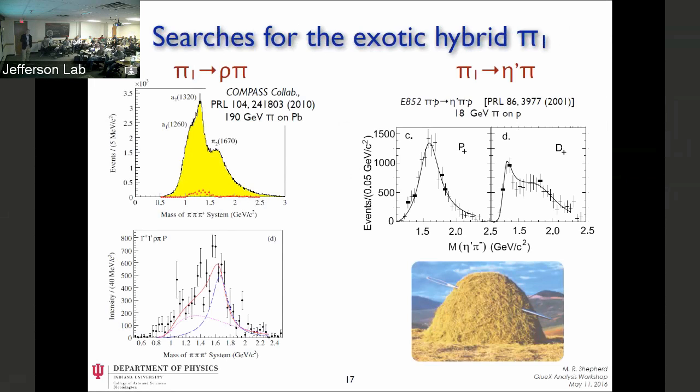Here's an example of a little bit bigger needle. If you look for a different decay mode of the pi 1, to eta prime pi, this is nice now because it really is a two-body decay to two spinless particles. And you can show that if these things have relative angular momentum 1, that is, they're in a p wave, then this thing must have exotic quantum numbers. And in fact, you see a big contribution of p wave here. So there's definitely a huge p wave component to that. And I think that making the next step and interpreting this as a hybrid resonance is also interesting and an item up for discussion a little bit.